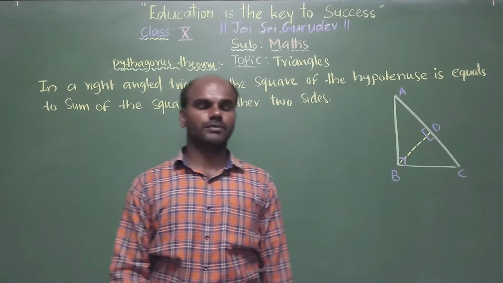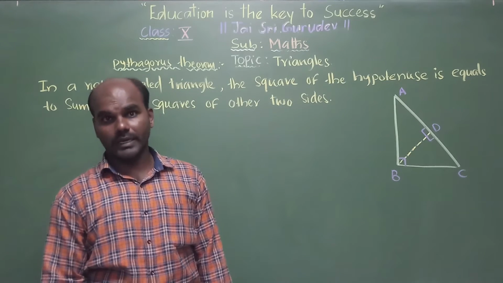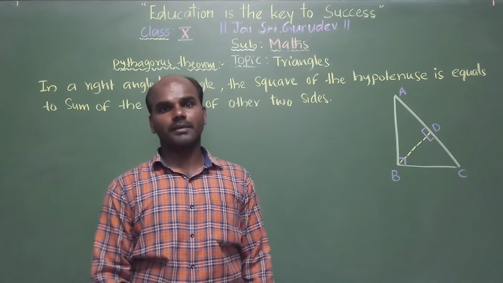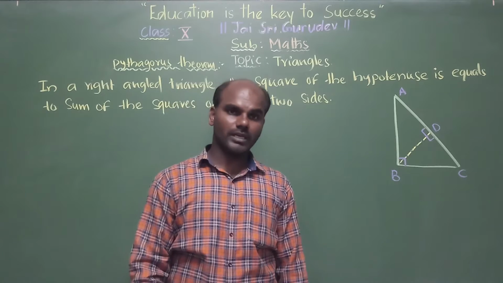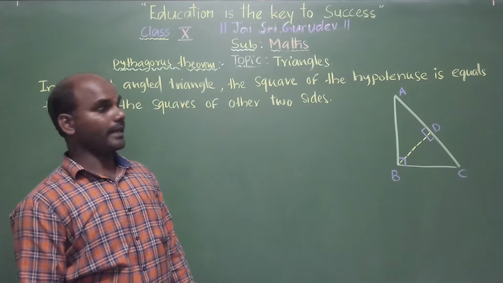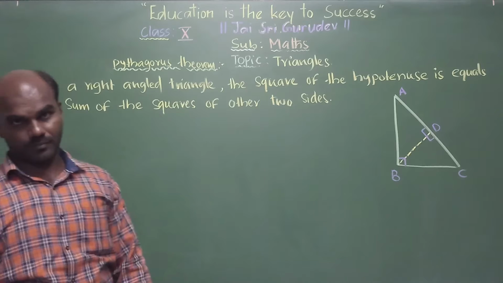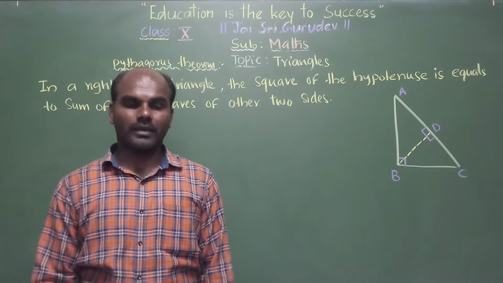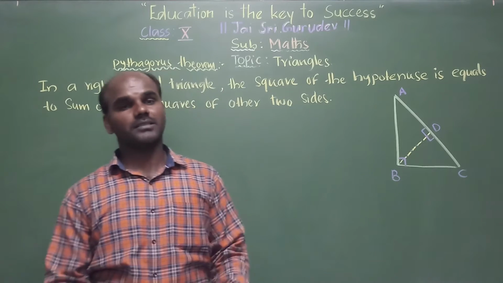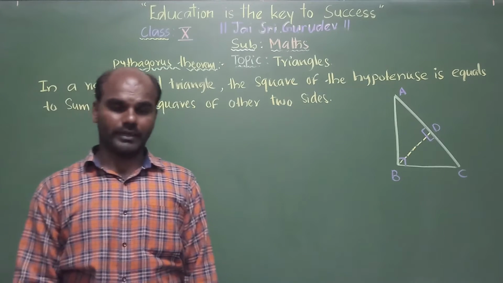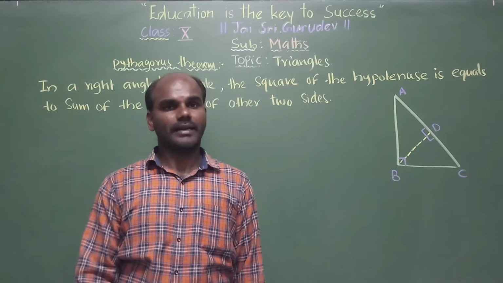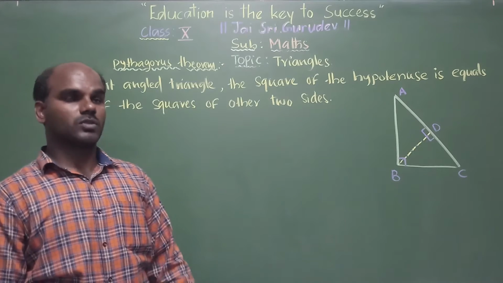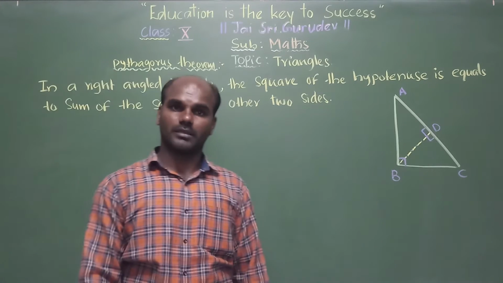Dear children, in the last class we discussed the problems on singularity, along with its examples and exercise problems. In this class we should learn about the Pythagoras theorem. Where do you have to apply this theorem? You have to apply this theorem in a right angle triangle only, as in a right angle triangle one angle is 90 degrees. So there we apply the Pythagoras theorem.